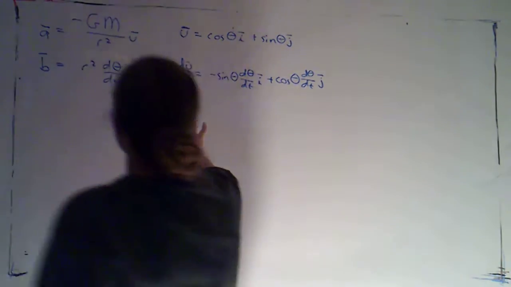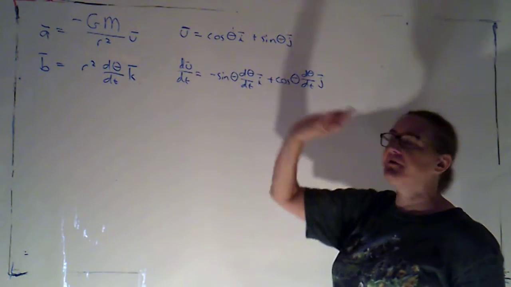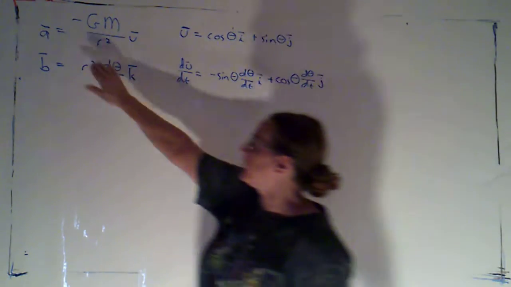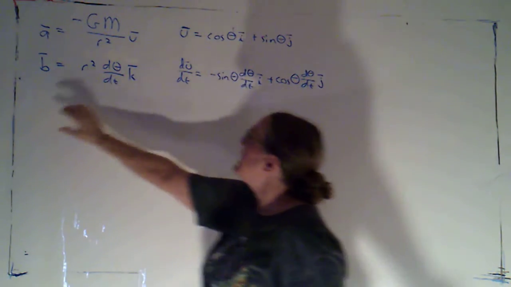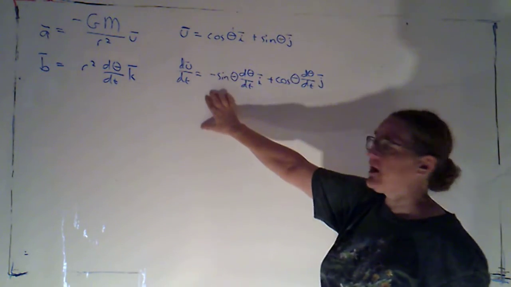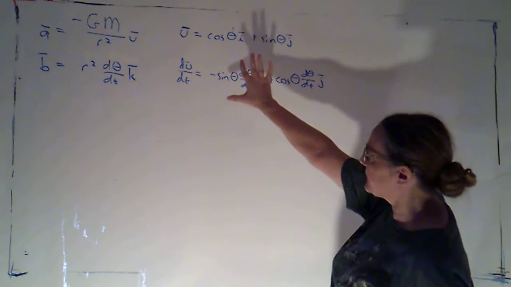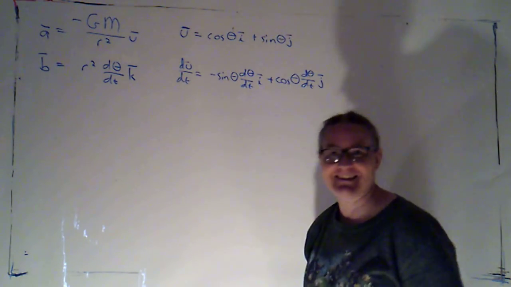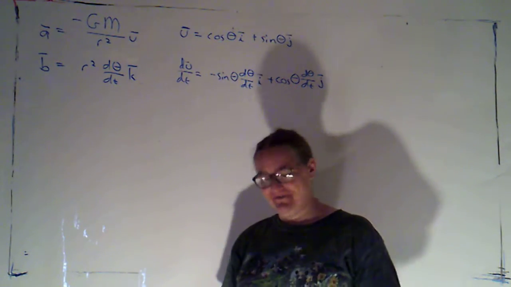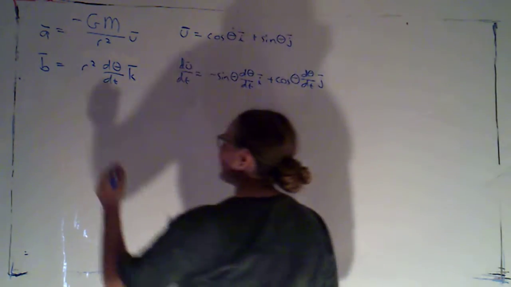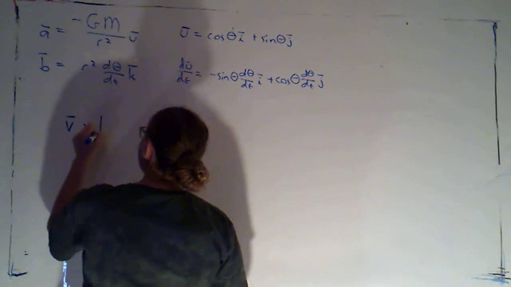I've written up here on the board the results of some of our previous work. We had characterized the acceleration and this vector b, and we defined our unit vector and calculated its derivative. So I've just got those up there because we're going to be using them in this next step. We have reached my favorite part of this derivation because we are now going to be characterizing the vector v